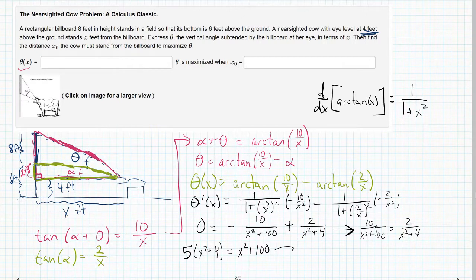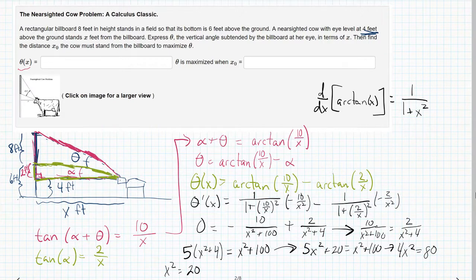Okay, so this isn't so bad. So we have 5x squared plus 20 equals, well, x squared plus 100. So that means 5x squared, if we subtract 20... yeah, well, I'll do that. 5x squared plus 20 equals x squared plus 100. So that means 4x squared equals 80. In other words, x squared equals